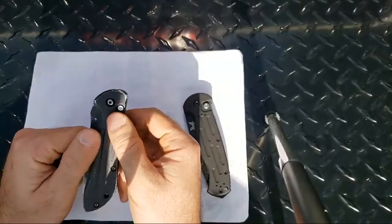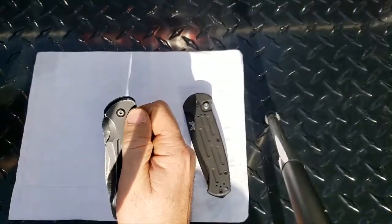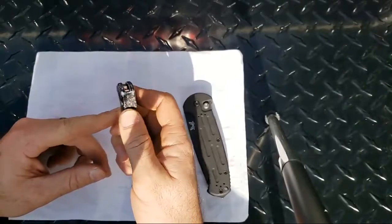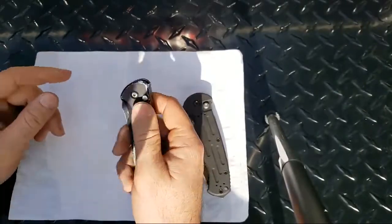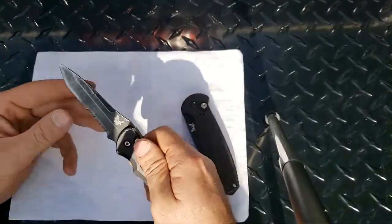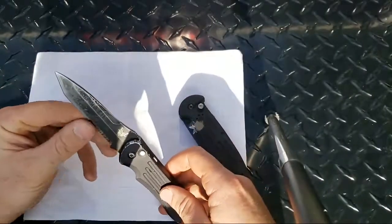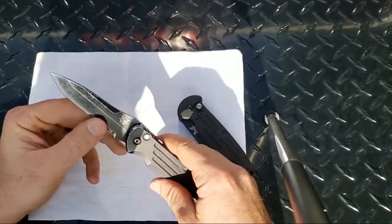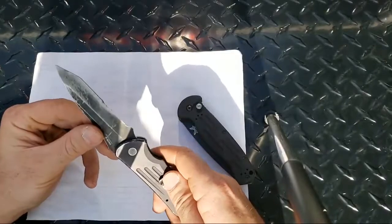So just a quick deal on the old one. It's auto open, so you have the little button there and then a lock here. You can lock it, slide it, and it just stops you from being able to press the button basically. Pop that open. This one is a little bit of a tanto blade with the serration. It's mostly only serrated on the one side,